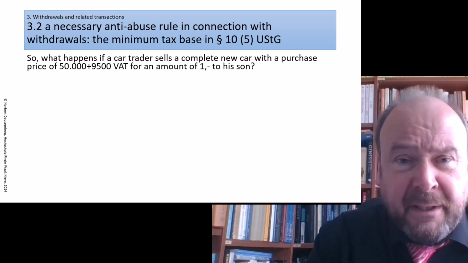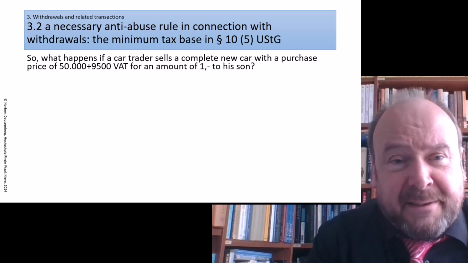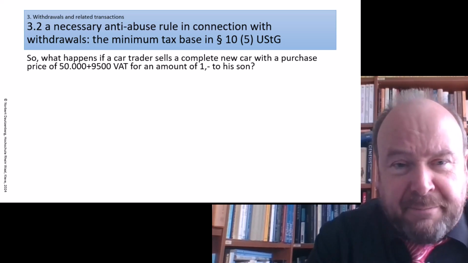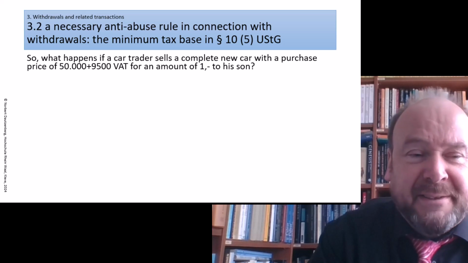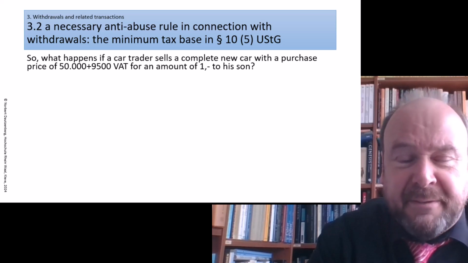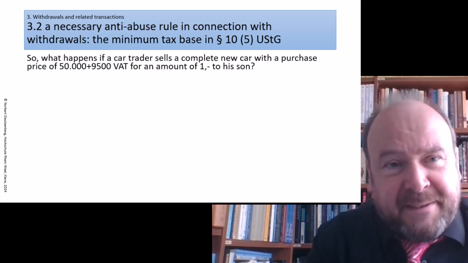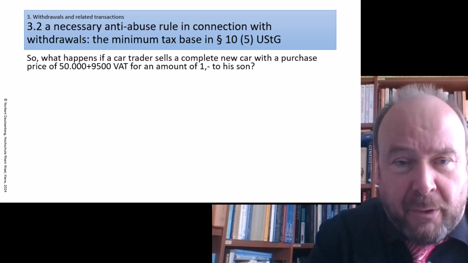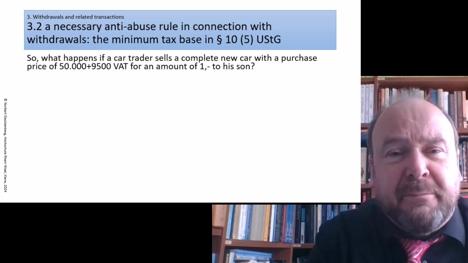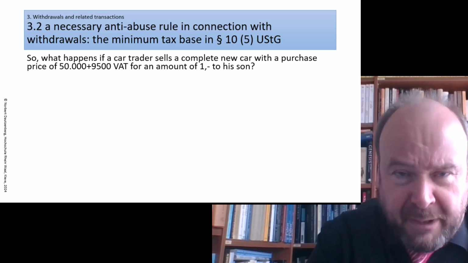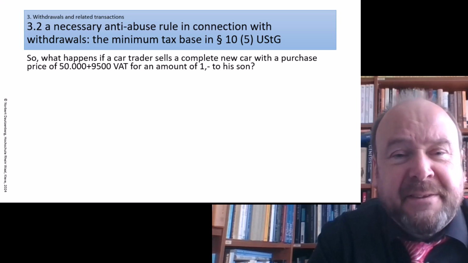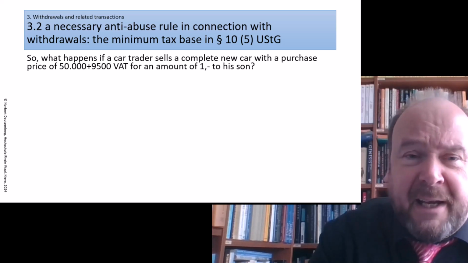Imagine you are a car trader. Your son or daughter has just passed successfully the last class in school. So you want to make some nice present and you think about giving a present. A new car, very good car, €50,000 plus 9,500 VAT. And now the tax advisor says no, that would be a withdrawal. You would be taxed under 10.4 at the purchase price at the moment of when you make the gift. So at the moment of withdrawal. And as the price was yesterday 50,000, it would today still be 50,000. So that would cost you